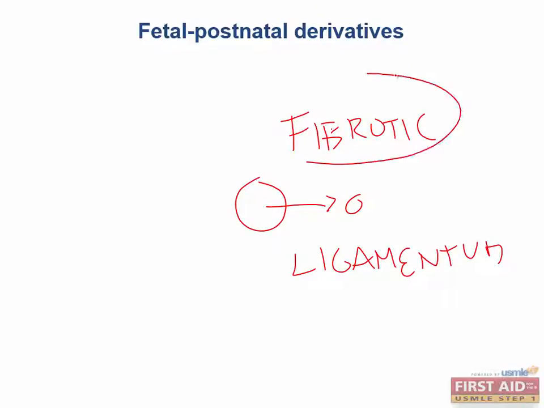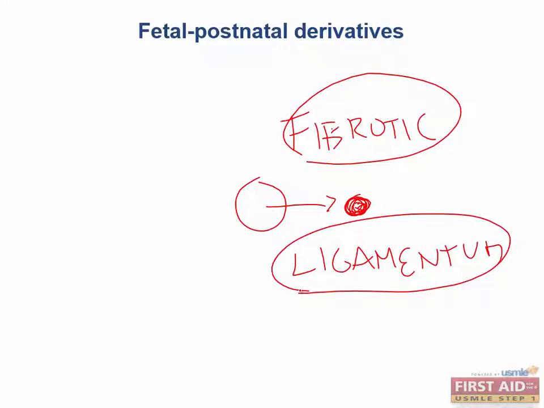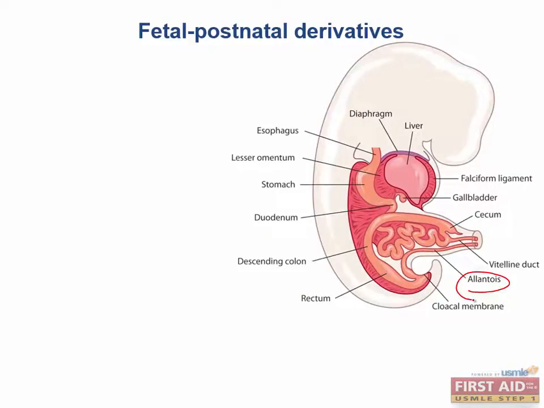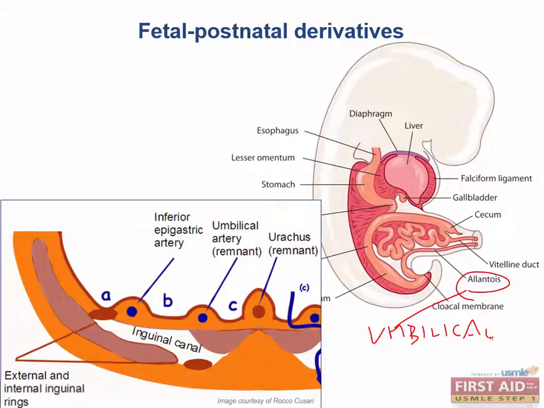So again, this fibrosis closes off this lumen to a very small diameter until eventually it's completely obliterated and we're left with essentially a fibrotic ligament. The allantois is an outgrowth of the yolk stalk that helps form the umbilical vessels. And the proximal portion of the allantois becomes a structure that drains the urinary bladder through the umbilical cord, which